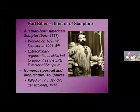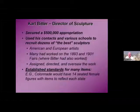Portrait and architectural sculptural work. And he was killed in 1915 at the age of 47, probably in the middle of his career. Well, when he became the director of sculpture, he asked for a $500,000 appropriation. He used his contacts in various schools to recruit dozens of the best sculptors in the world